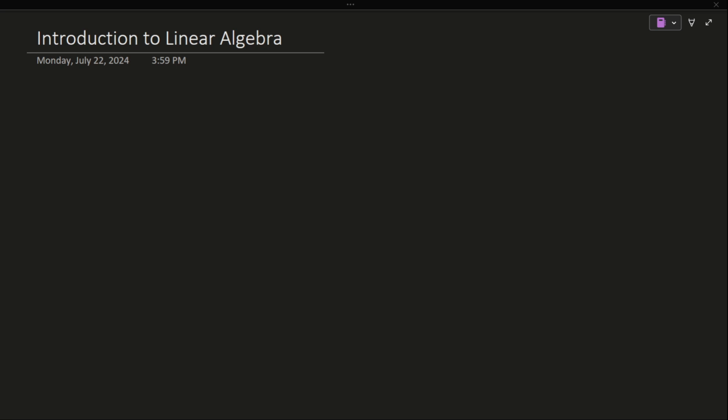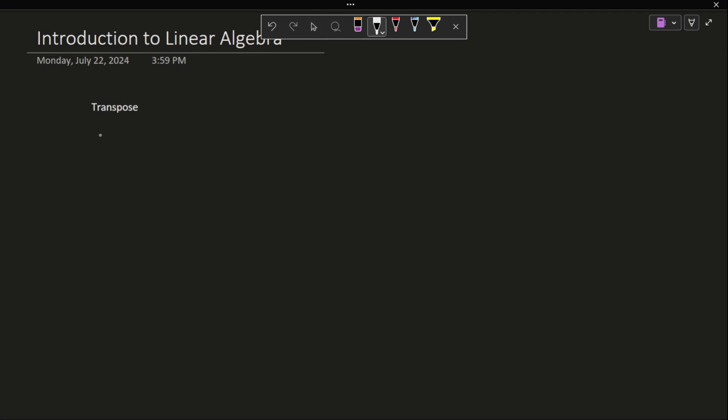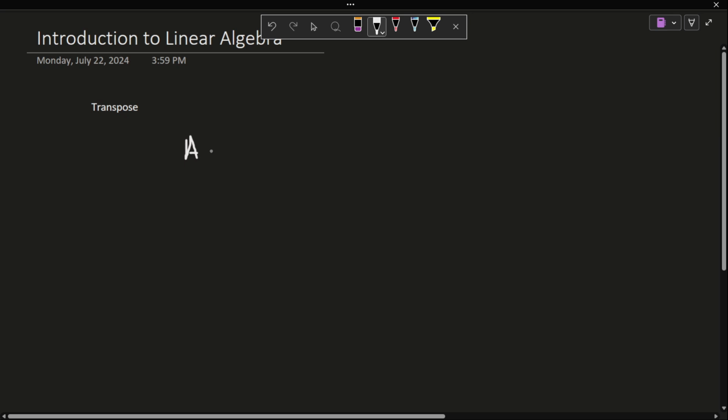So special matrices, the first one I want to talk about is called the transpose. So I'll write that up there for you, transpose. And I'm assuming that you already have prior knowledge and experience with matrices, so this is going to be pretty simple. The transpose of a matrix is just, let's say we have a matrix 1, 2, 3, 4. And I apologize for my handwriting in advance. 1, 2, 3, 4. And the transpose of this is basically just going to be whenever we swap the rows and make them our columns.